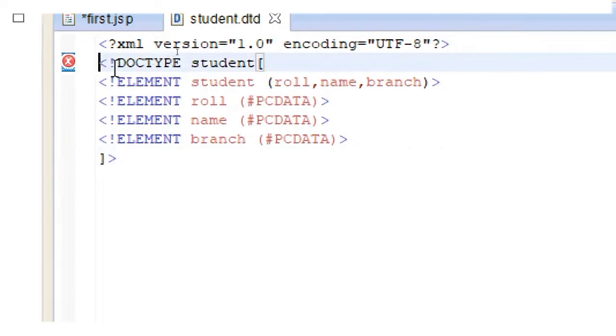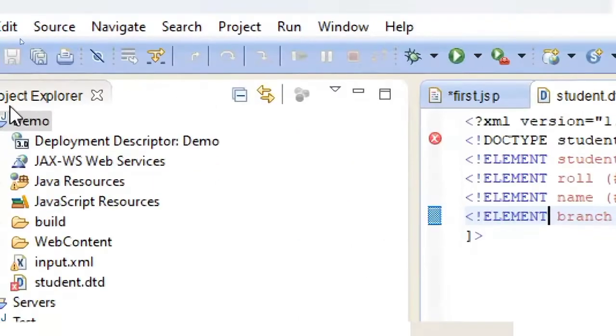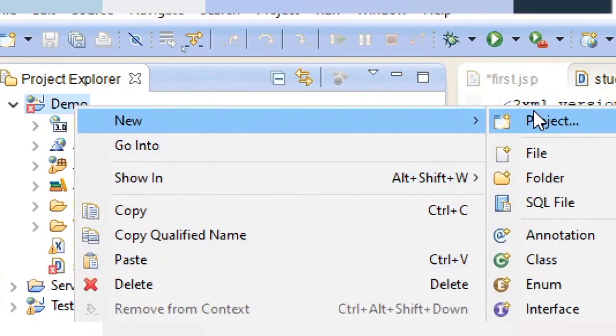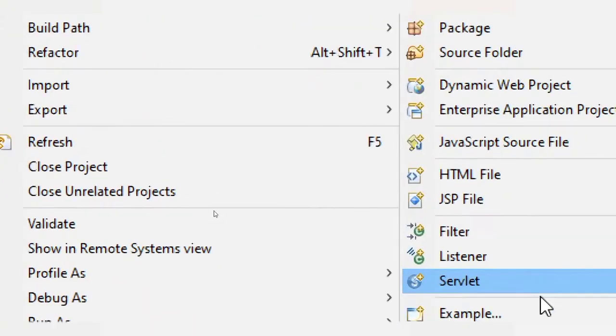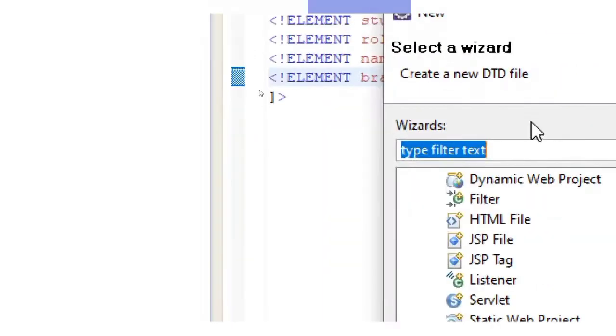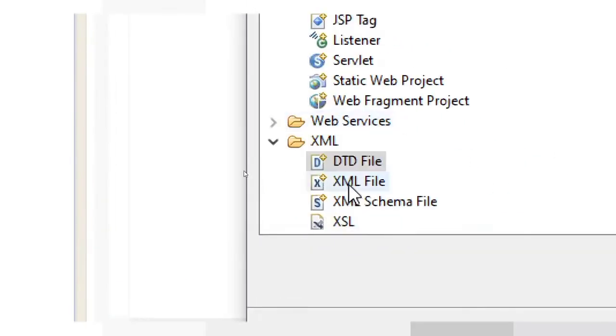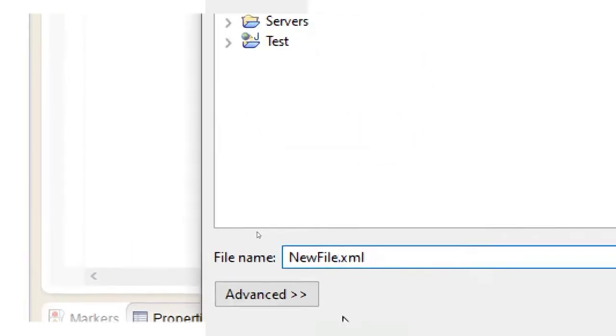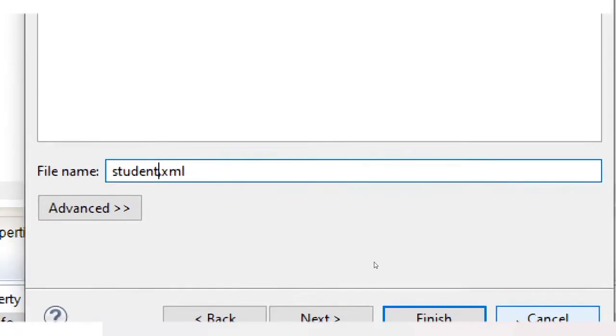It is well formed. Okay, let's just leave this here and go for creating a simple XML file. So new, and then go for creating XML file for that particular DTD. So XML file, and then here I'll use the same student.xml, and then click on finish,